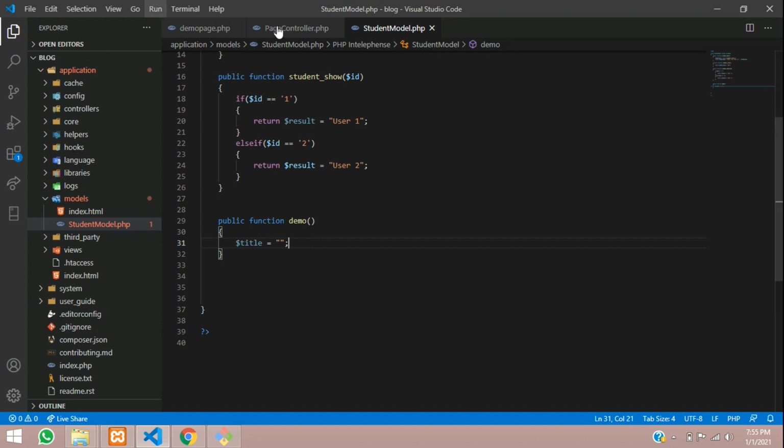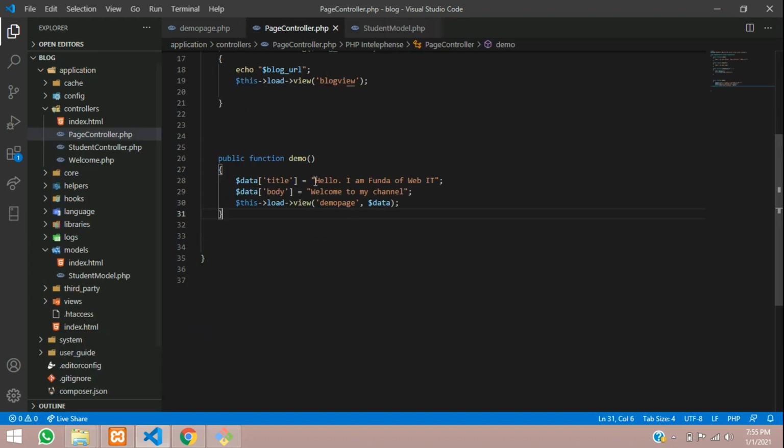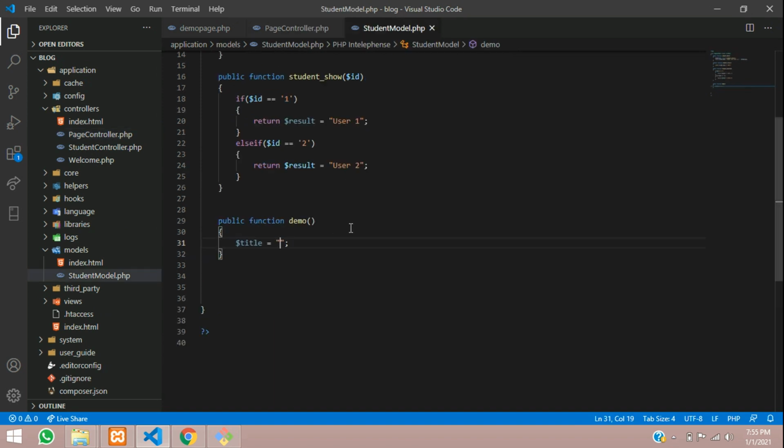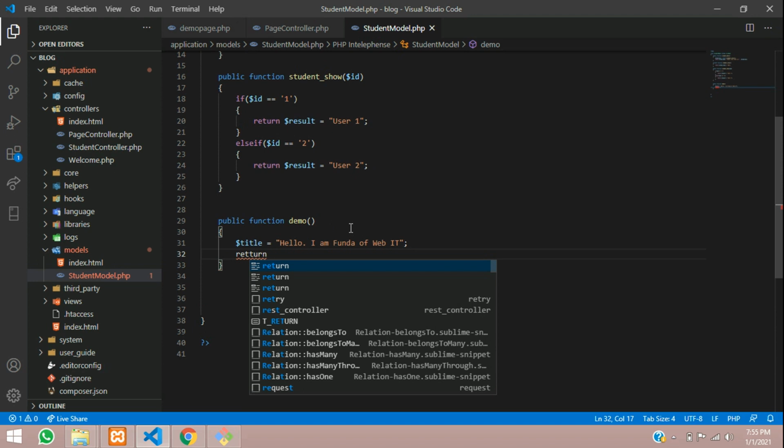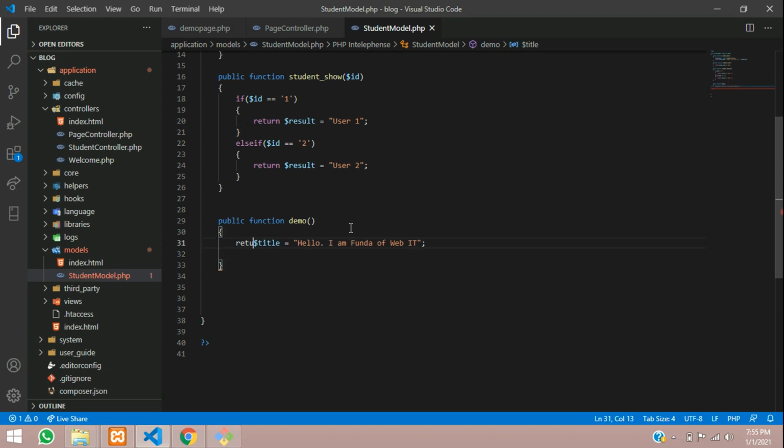For example, in the page controller we have passed this, right? Hello, Funda of Web IT. Let's copy this, and let me just comment this line. Then let's go back and add that content over here. Very simple. And now let's return this, or else we will directly return it. You can return this and just take this value.